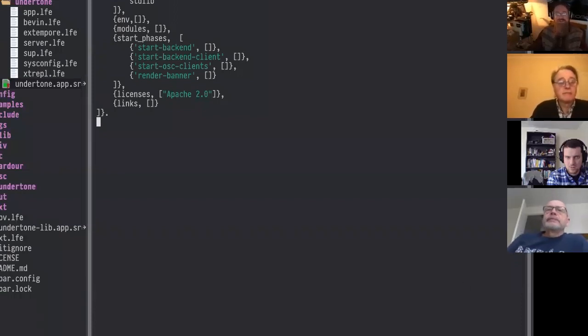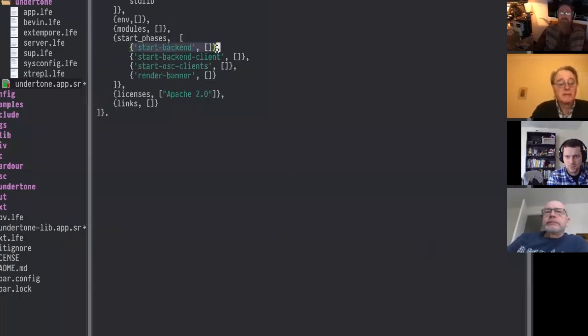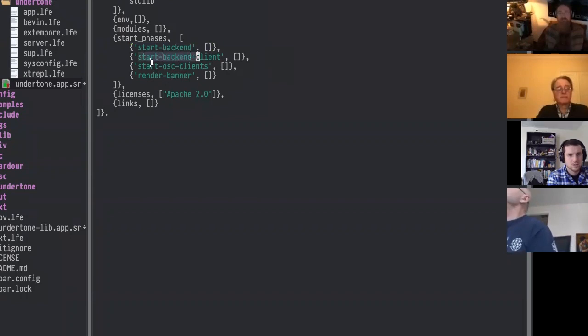All right, so my question here, I don't know how frowned upon this is, but I haven't found many use cases or examples in the wild of OTP start phases. And I'm in fact not actually really using it, this is just a no-op function right now. But the app module that holds these functions does use this, and it does use the OSC clients, and of course it renders a banner finally.